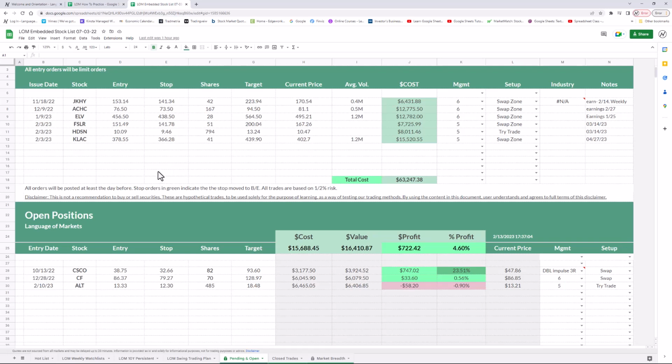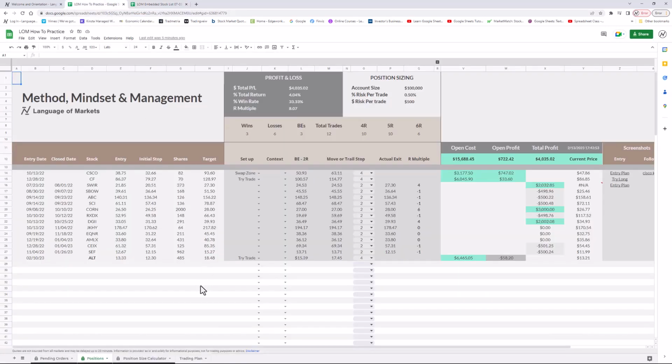And then track them. So here, these are current pending trades. These are ones that have been filled and are open. And then on the tracking, we can track them over here. And you just track the results. You don't need to get too fancy. You can do it very simply. You just track the results. And it's not about the results. It's about, can you do 30 of them?